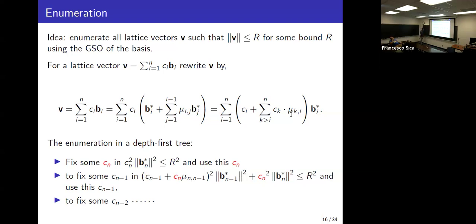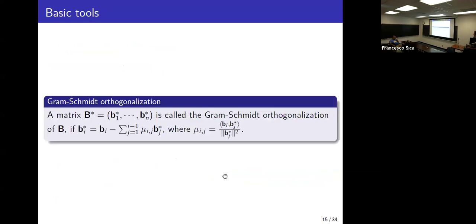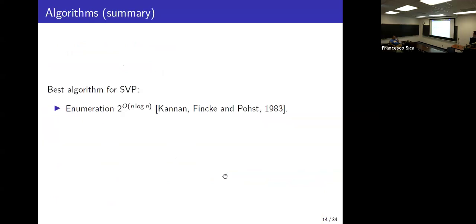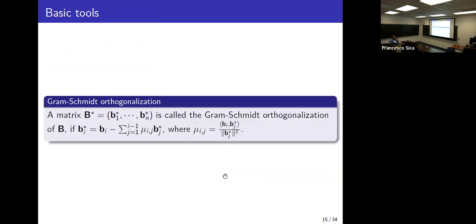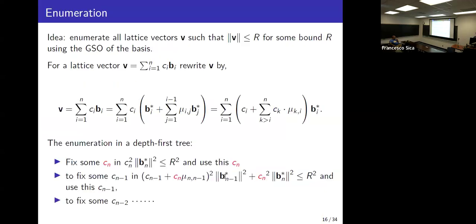And essentially, the running time of the algorithm is to estimate how many nodes are on the tree, which uses some geometry of this Gram-Schmidt. So for example, in order to estimate how big Cn is, you can just divide this R by this Bn star, right? As long as you have a good estimate for the shape of Bn star, you would be able to get some estimate for Cn. That's very similar for Cn minus 1 because everything else is fixed. It only depends on the geometry of Bn star and Bn minus 1 star. And that's how you get the running time, which is 2 to the n log n. Basically, this algorithm is so simple that we can just introduce it here.